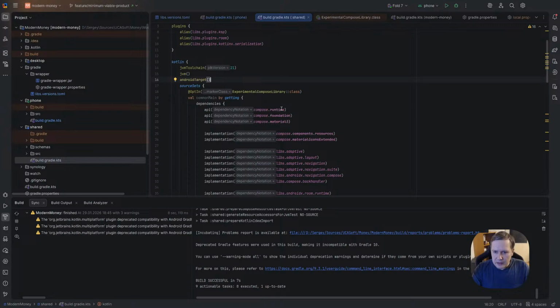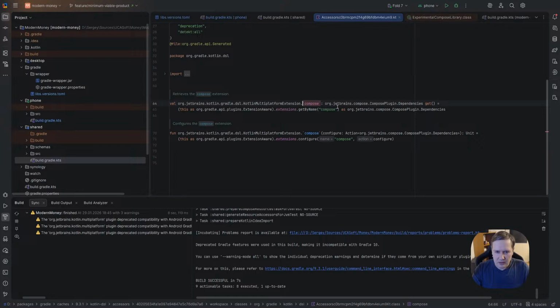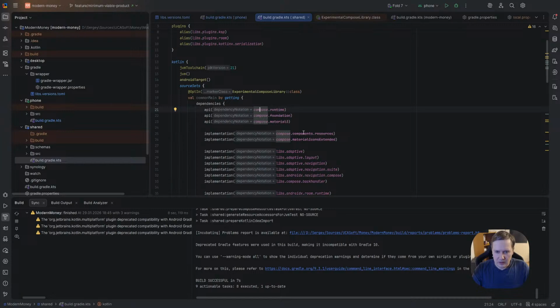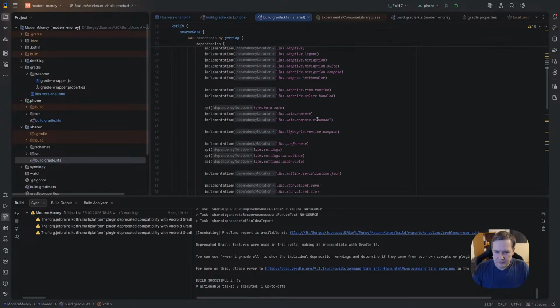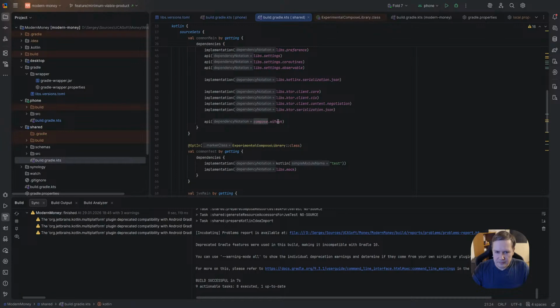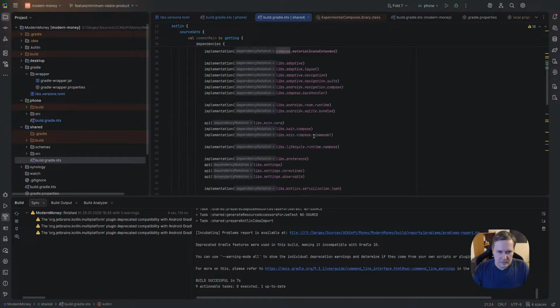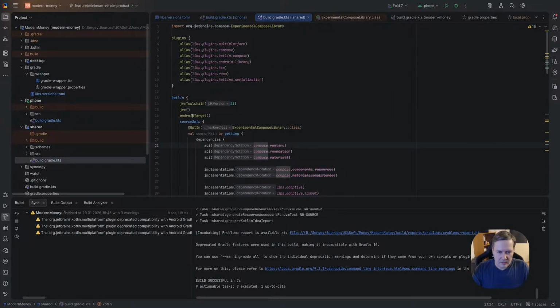Okay, here, replace with JetBrains, blah blah blah. Yeah, why is it deprecated? Not sure. It was so useful to use it. Okay, so can we use just Android or what?